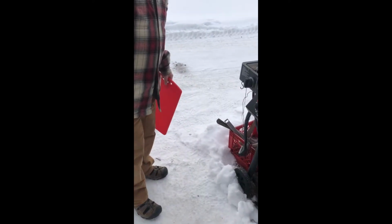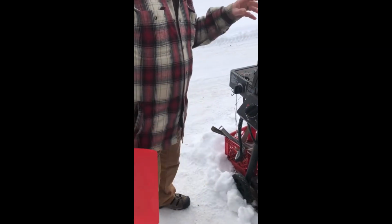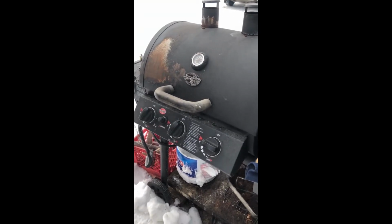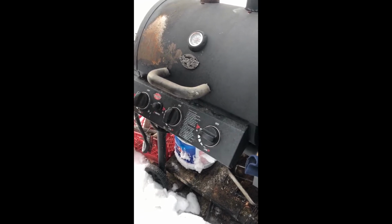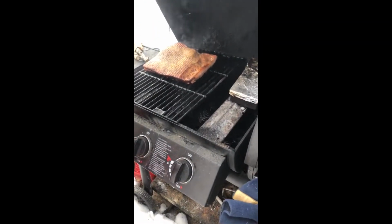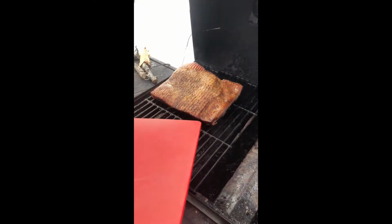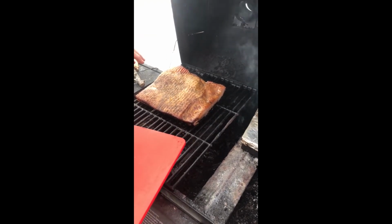Okay, so we're back, and we're going to open up this smoker to see the beautiful bacon. It should be ready to go. So join us as we check this out. Oh, and look at that. It's beautiful. Perfect. And actually, I'm lying because this bacon I actually smoked a couple of days ago, but in